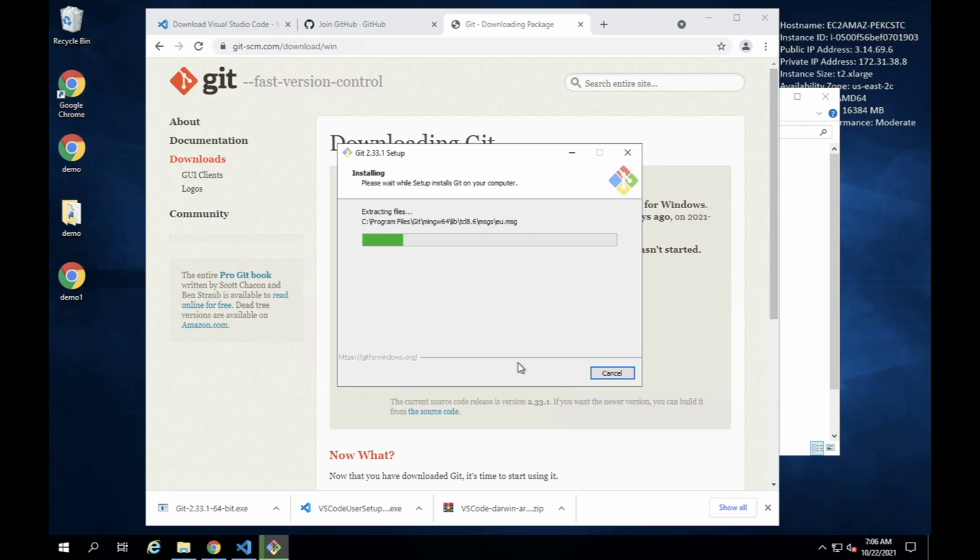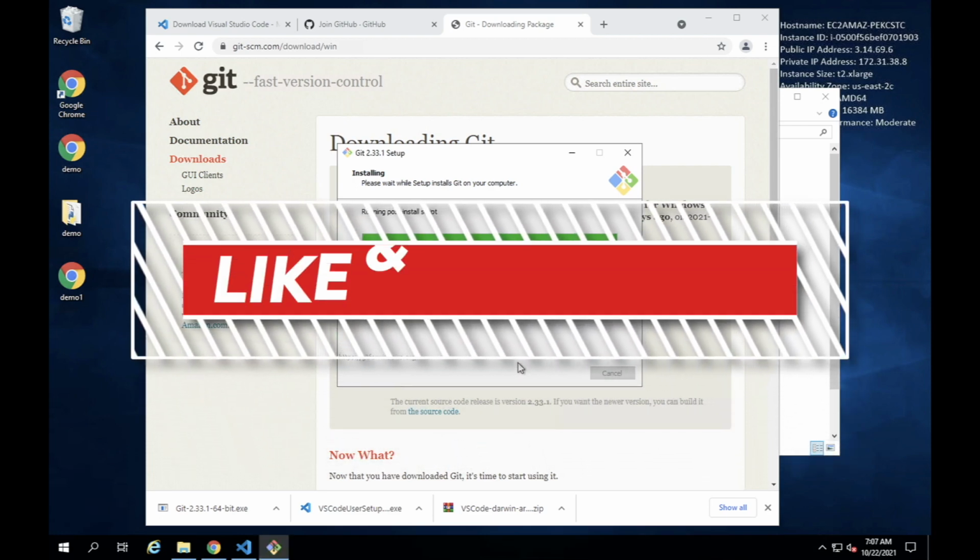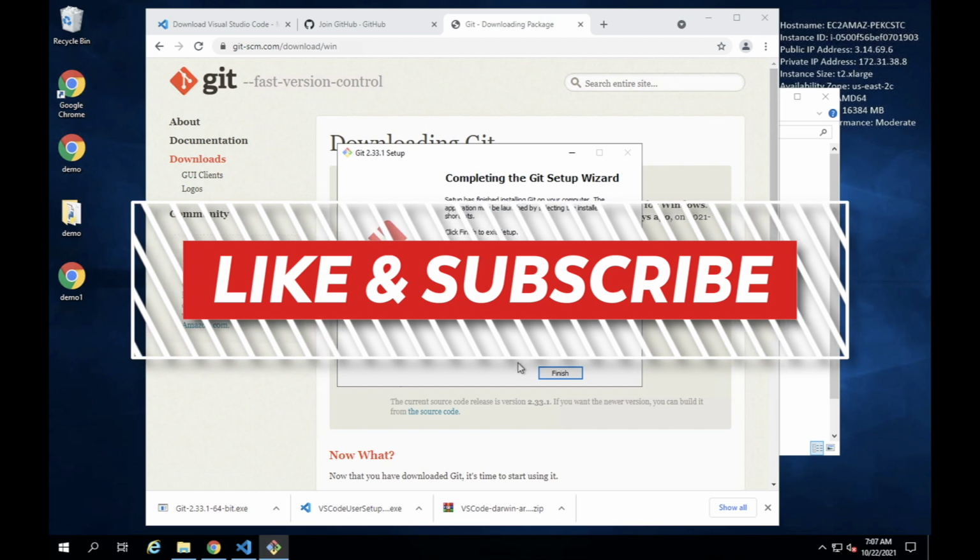Okay, yeah, it's installing. Now I will tell you the connection between Git and GitHub. Before that you need to understand one thing: what is VCS? VCS means version control system.